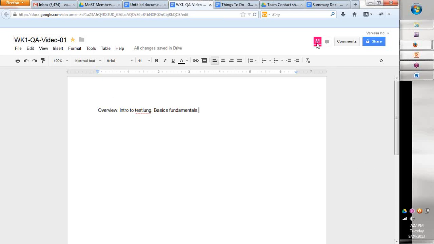There he goes. Manoj is here. He is logged in and he can now go and make the changes. As he is making the changes, you can see that it is happening. So together, at the same time, you can work. Can you correct the word for testing on that, please? Now, meanwhile, Madhurima, your question, please.